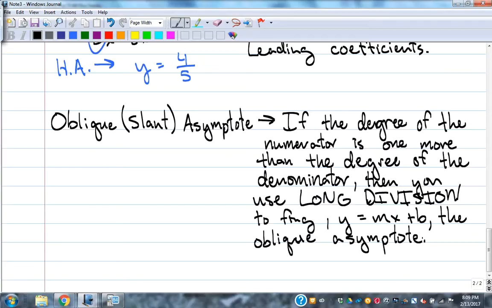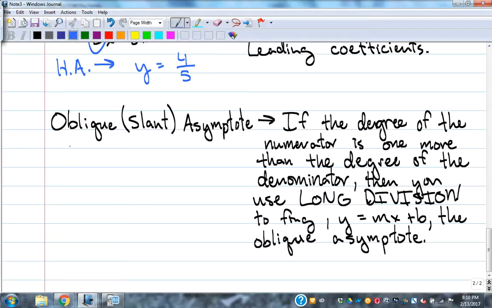And notice I wrote y equals mx plus b. That's what the answer will look like. The oblique asymptote will be a line in slope-intercept form. Horizontal asymptotes will be y equals a number. Vertical asymptotes are going to be x equals a number. Oblique asymptotes are going to be slope-intercept form, and we're going to get that from long division. This is the only time oblique asymptotes exist, when the degree of the top is one more than the